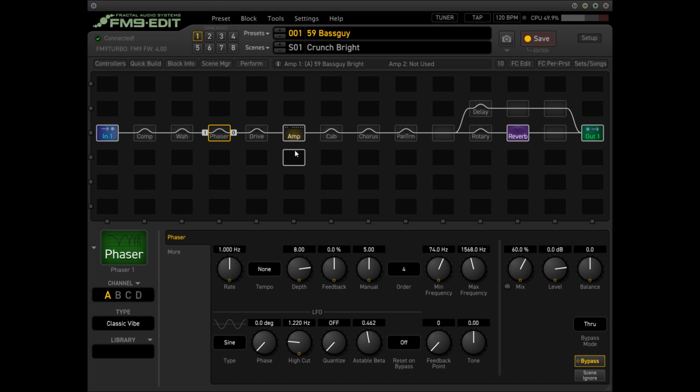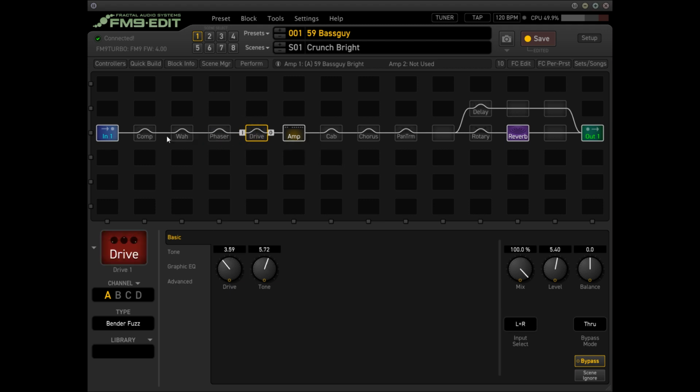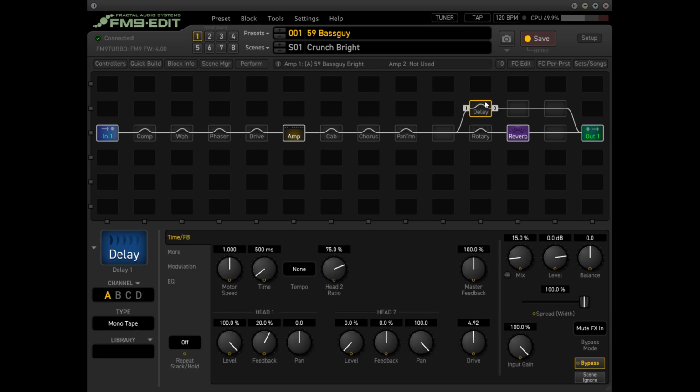But what if you find yourself using several effects together during certain parts of a song or in certain songs, and you'd like a way to turn multiple effects on or off simultaneously? For example, suppose that when taking a lead you want to engage the drive and the delay blocks simultaneously. That's not going to be easily done if everything's on its own button on the floor switch. Combining effects is probably the most common use for scenes, but there's another great reason for creating and using scenes,